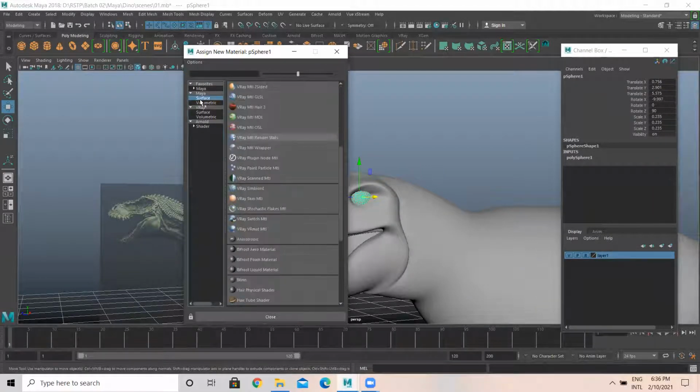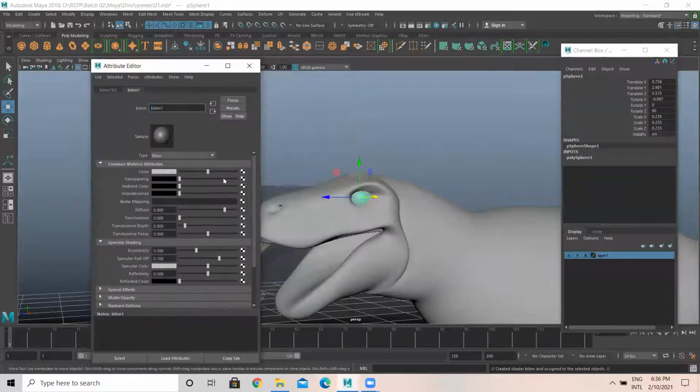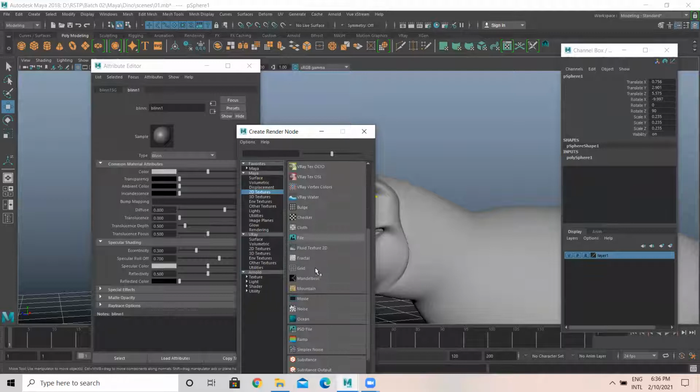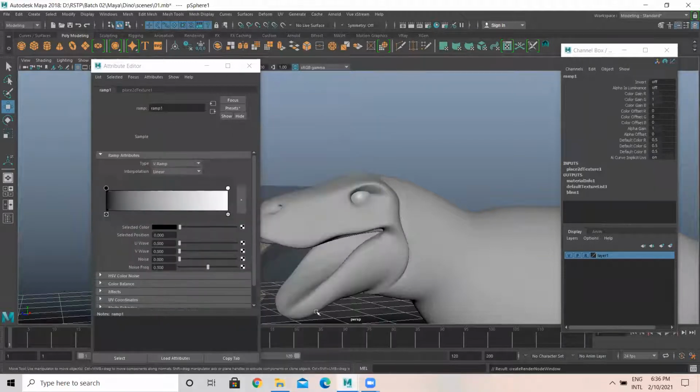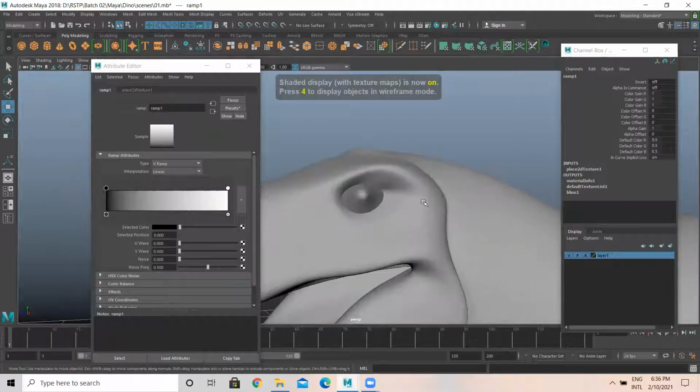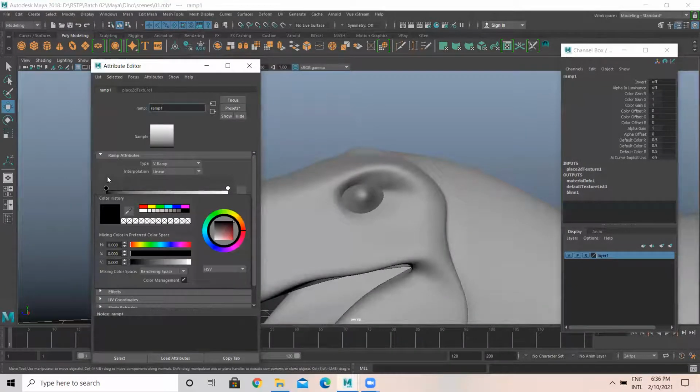I'll add a Maya surface blend, then I'll take a 2D texture ramp. Where is the ramp? Ramp. Okay, it's black.